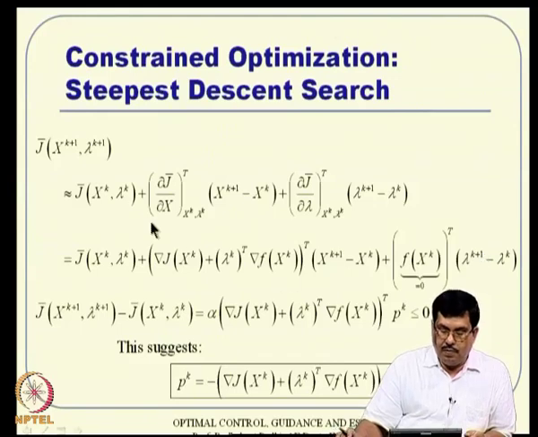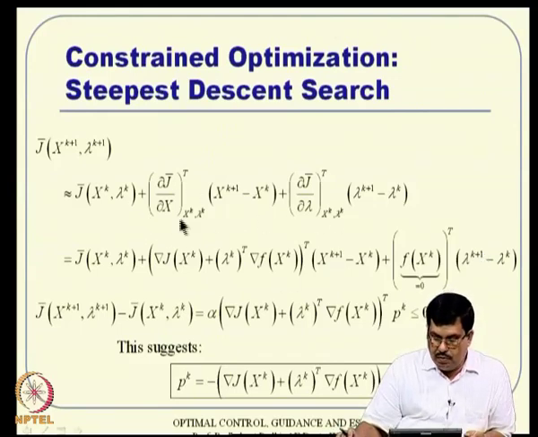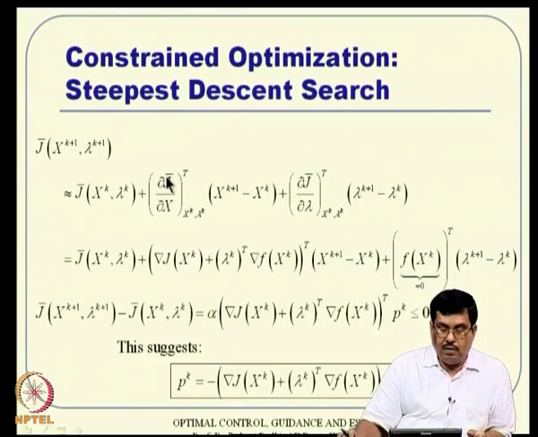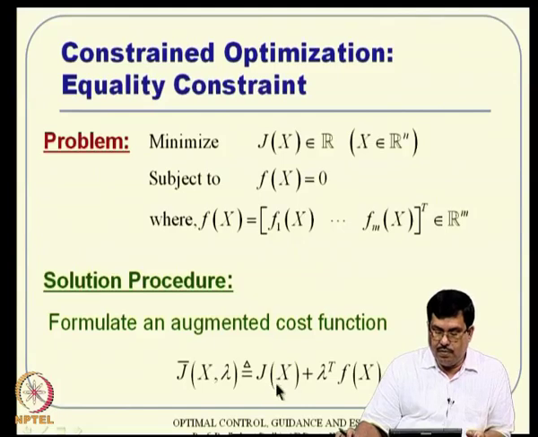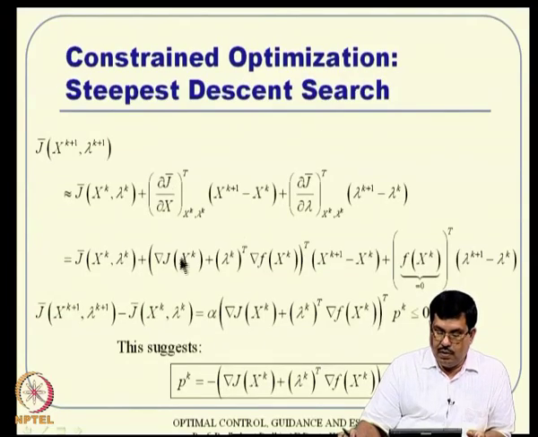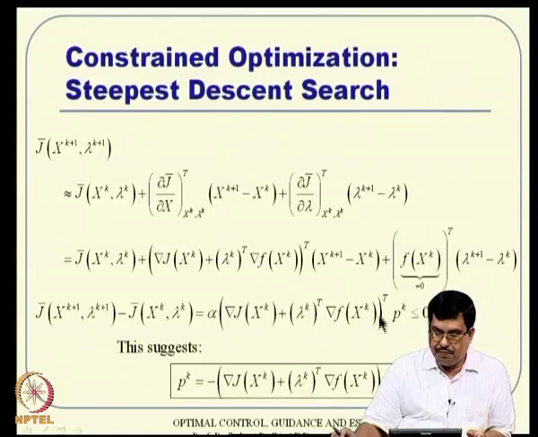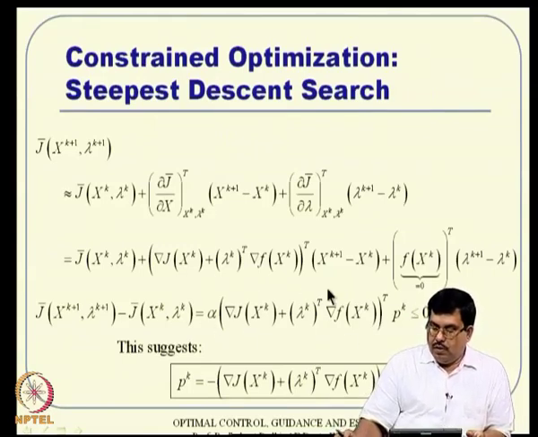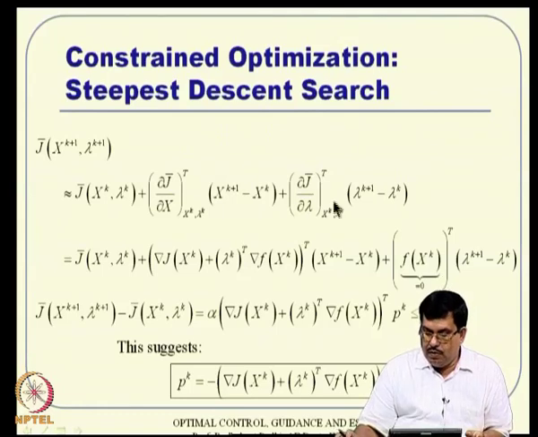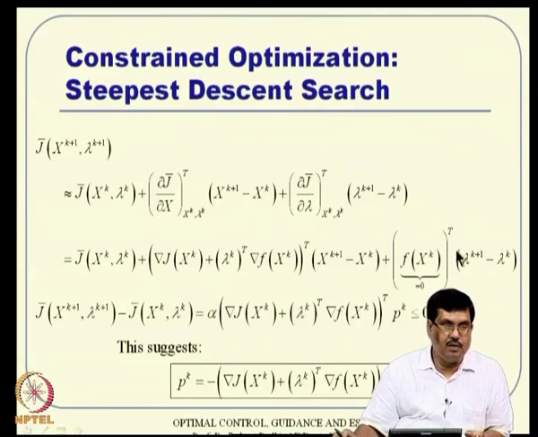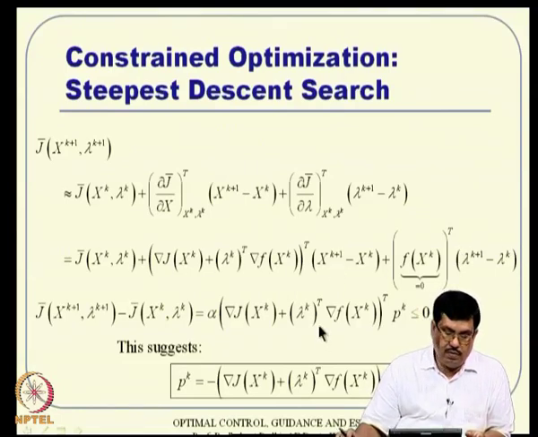Okay. Now, this particular thing is evaluated at that, and you can expand that j bar. j bar is nothing but a function of j and lambda transpose f. So, I can write j bar that way. That means j bar of x k plus 1, lambda k plus 1, minus that, if I do it here, it gives me something like this. Why? Because ultimately this particular thing is a constraint equation, this is 0. So, this term does not contribute. So, this is gone and you are left with something like this.